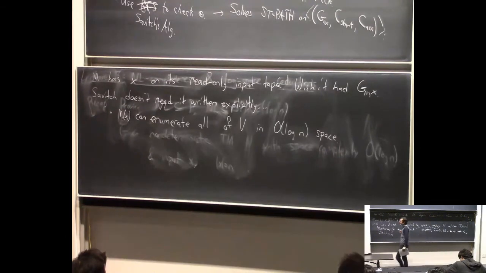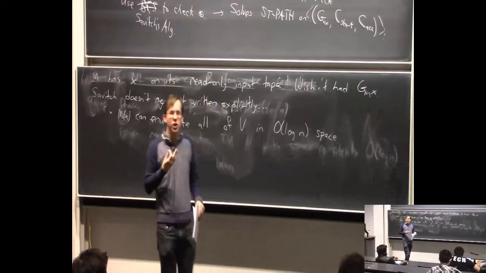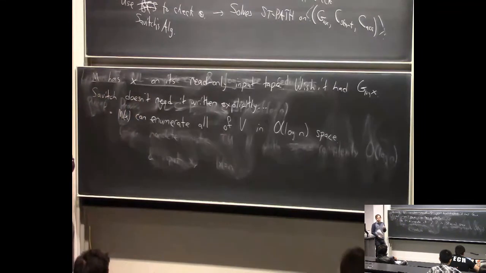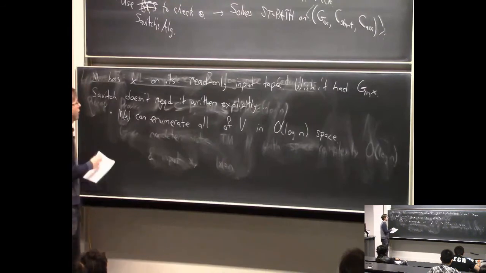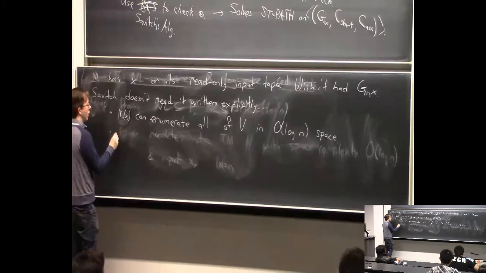So that's all fine. And then actually, we talked about this a little last time. When does Savage actually even read the input? When do you even look at the input in Savage's algorithm? It's in the base case of the recursion, right? The very base case of the recursion is when you're checking if there's a path from x to y in less than or equal to 1 steps. First, you check if x equals y. That's fine. But finally, you also have to check whether x, y is an edge. So really, Savage only needs that